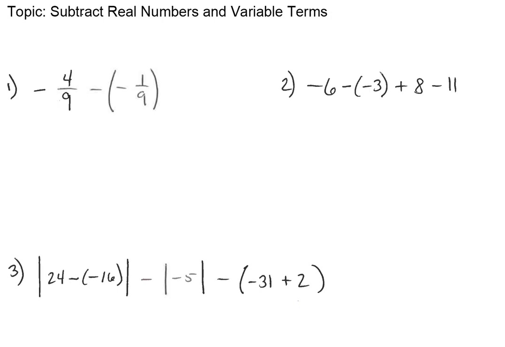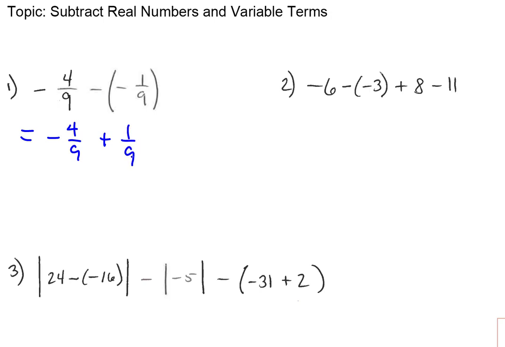Our first example is -4/9 minus, parenthesis, -1/9. And so we just want to simplify or combine terms in these cases. You'll notice that we have a couple of fractions involved and a case of double negatives. So let's start by just rewriting this problem as -4/9. We're just copying that first term down. But then the minus negative, the double negative after it, we'll turn that into a plus, which would then be